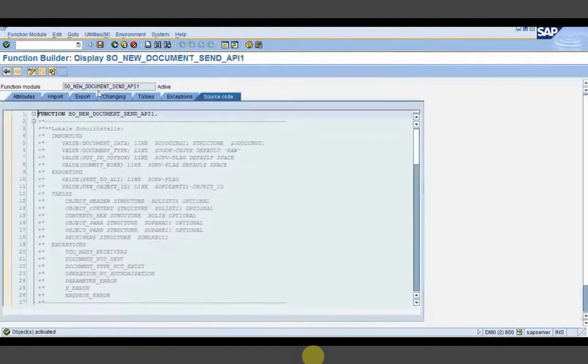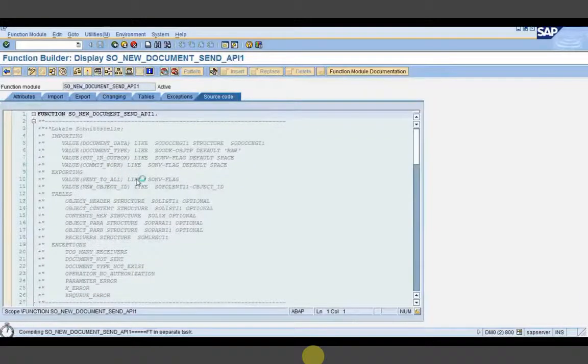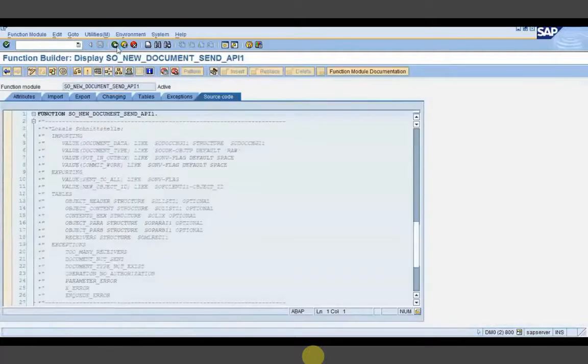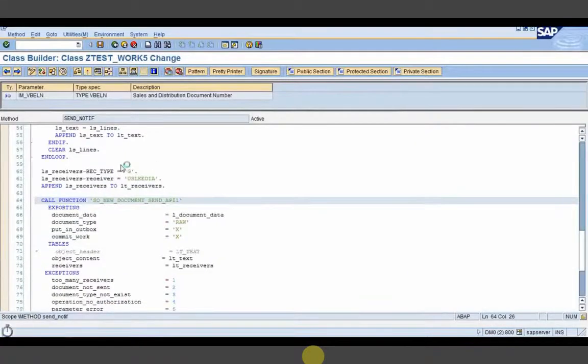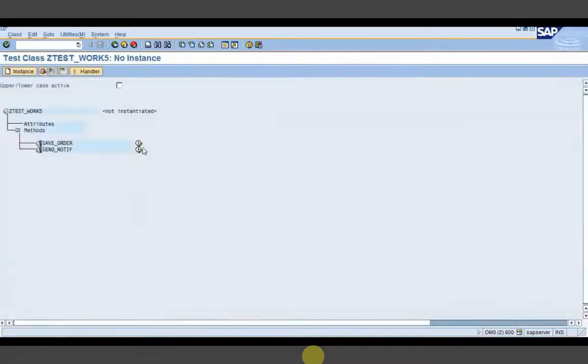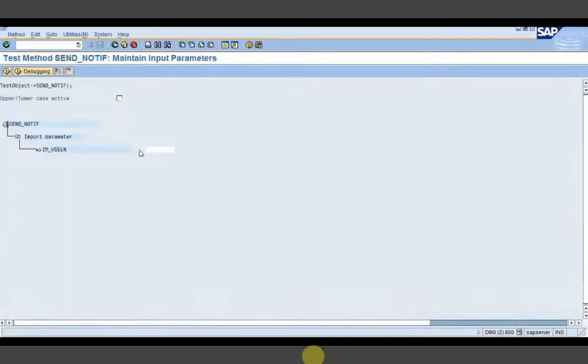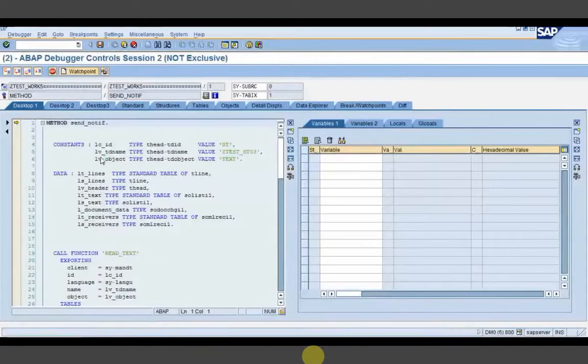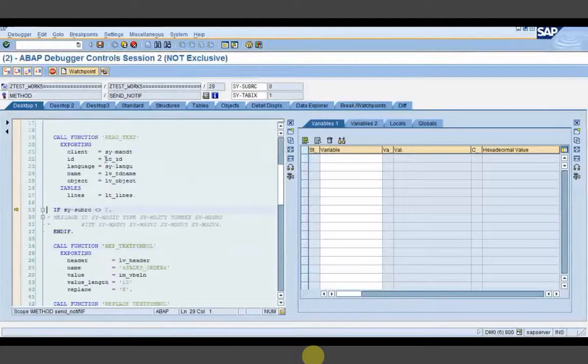Now I will debug it. I have read the text.